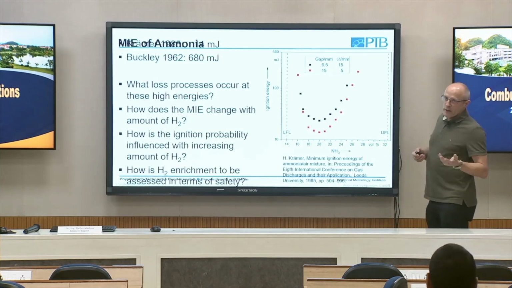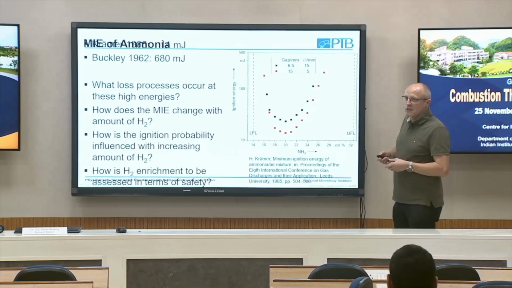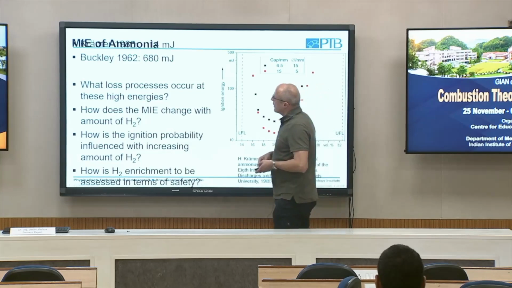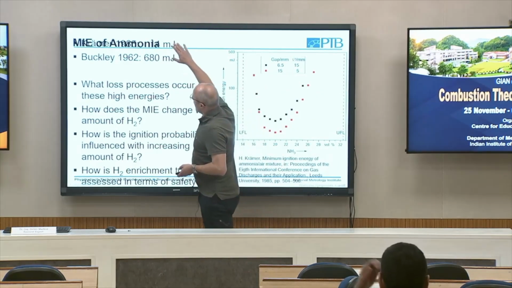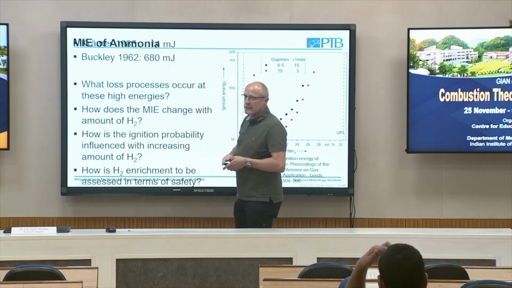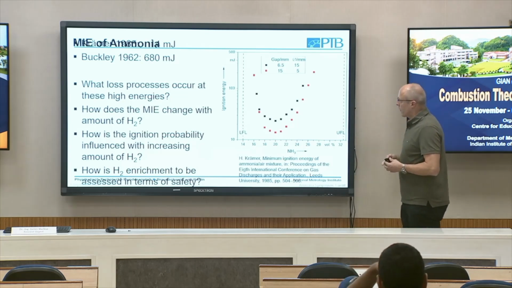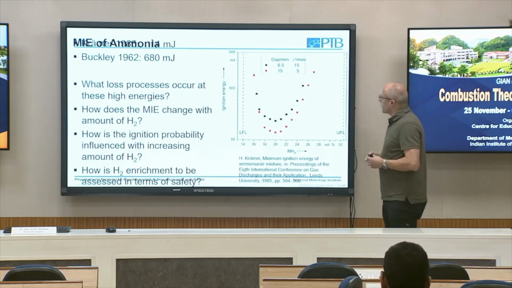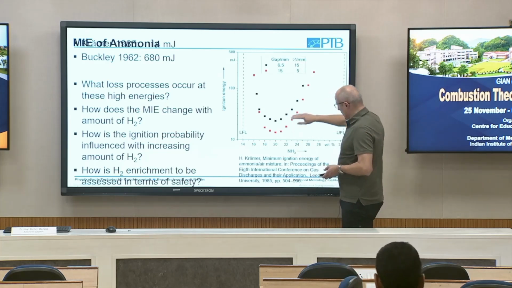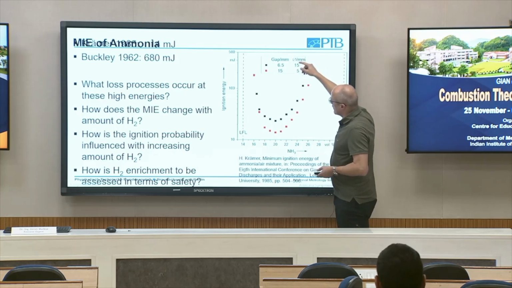For ammonia in air, you cannot find so much data because it was not of interest for very long. So you can find results here, 14 millijoule, but you can also find 680 millijoule. Again, it depends strongly on the method you use. And here we have a result of work at PTB, where we have varied the electrodes and the